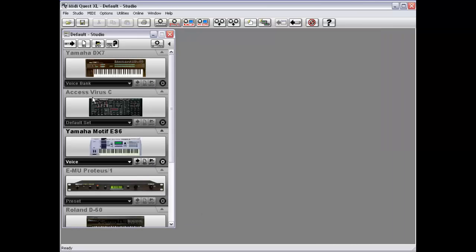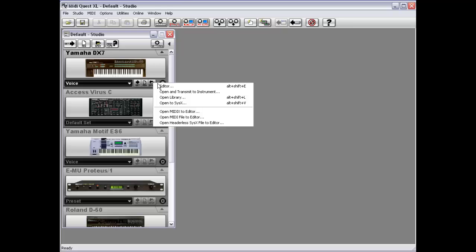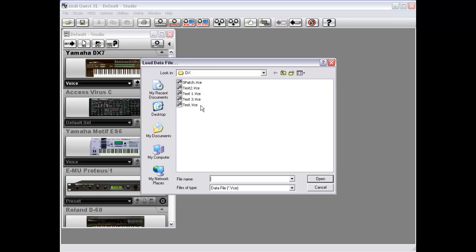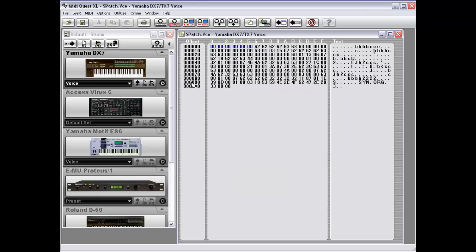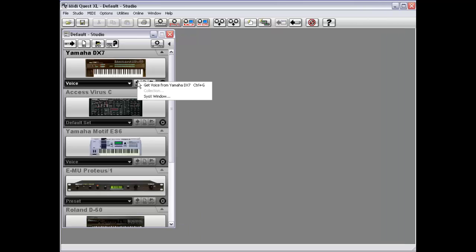Now, if you've got a file on disk that you would like to view in SysEx, again, you can simply choose the type, right-click on the Open button, and you'll get a pop-up menu. And you'll see you have an Open to SysEx option here. Midi Quest will automatically jump to the correct directory for the DX7 and filter for voice data, and it's just a matter of selecting the voice you want, and there's the data. Close this up and we'll reload